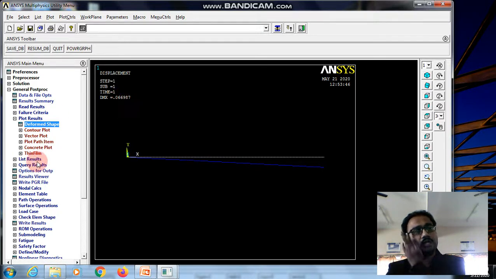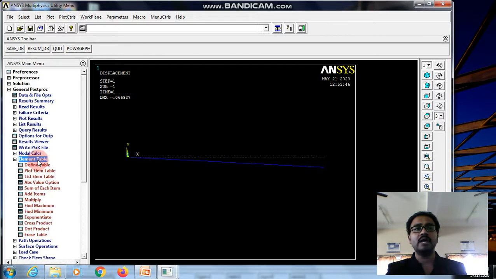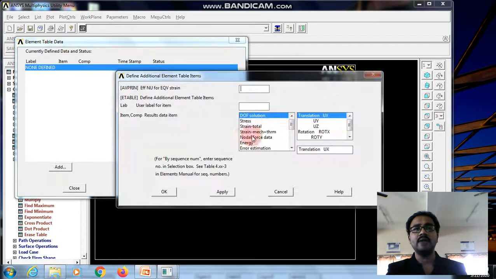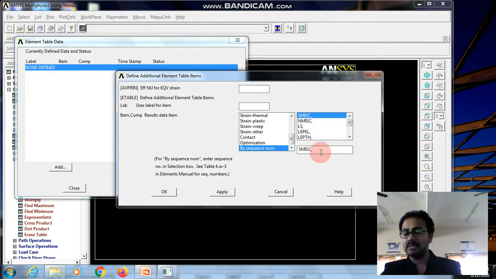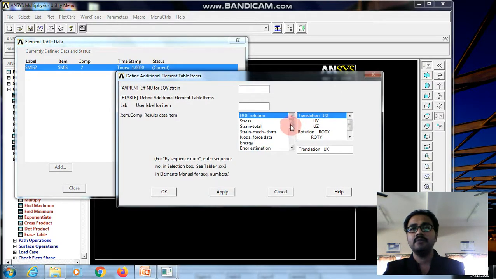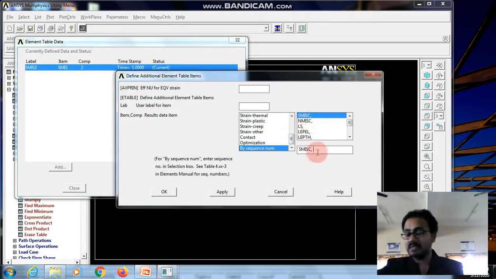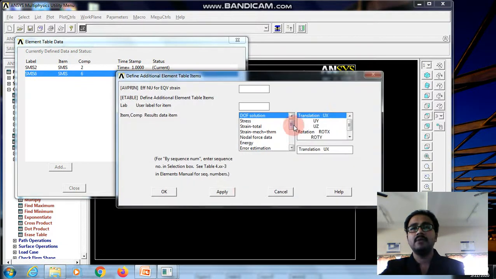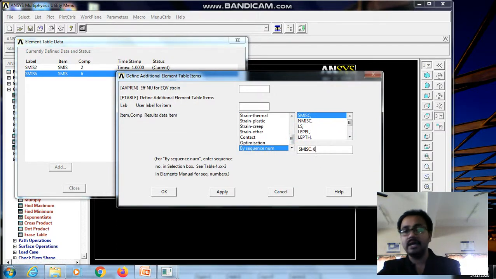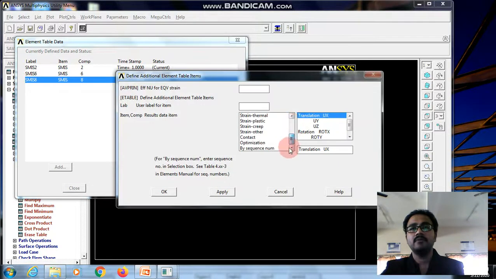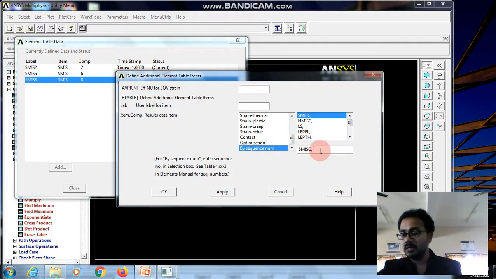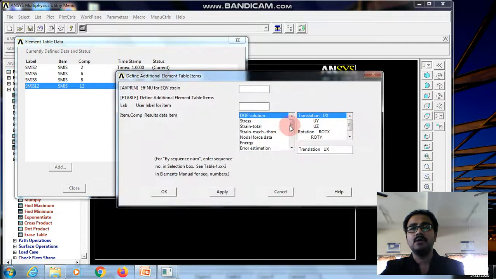Now how to check the shear force, bending moment and bending stress? We need to define the codes for that. So where to define the codes? Go to the element table, define table, add. The codes are by sequence number SMISC 2, apply, by sequence number SMISC 6, apply, SMISC 8, apply, SMISC 12, apply.